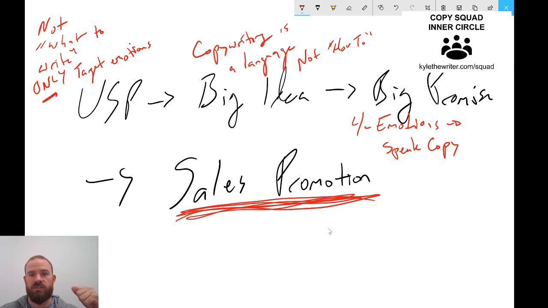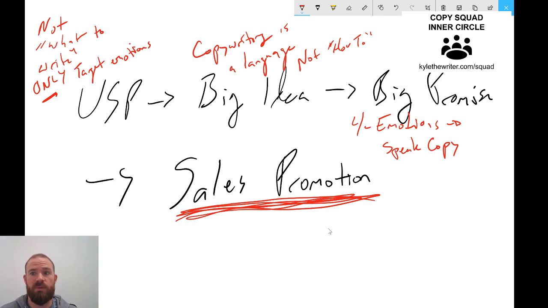It's the secret language, and if you go to copywriter.com/book, that's my sales letter. It's completely based on this big idea. Well, what's the big promise? Once you master the secret language of sales, the big promise is embedded in my big idea. Copywriting is a language. Speak the language, you can speak copy. And we all know if you speak copy, you make millions and billions of dollars, okay? So that's what led to the sales letter itself.